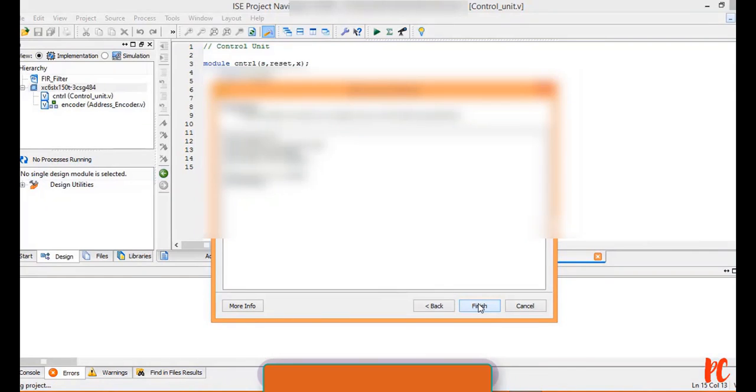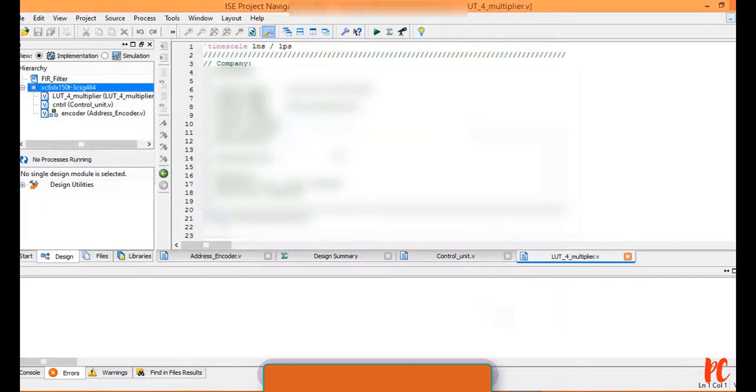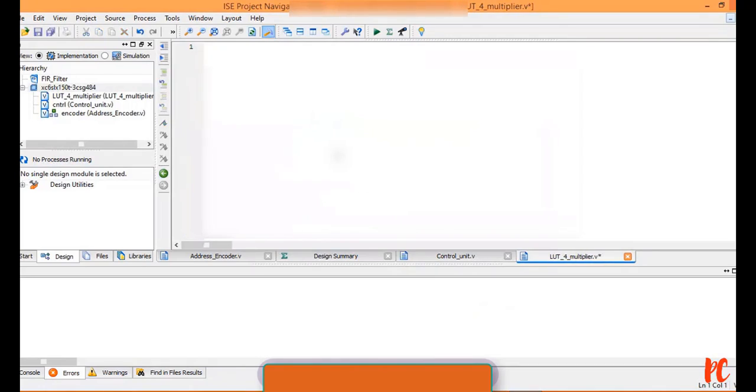I'll declare the ports manually, so I'm just skipping this part. So this is with respect to LUT for a 4 table, 4 multiply. Here I'll be storing the values of 4,